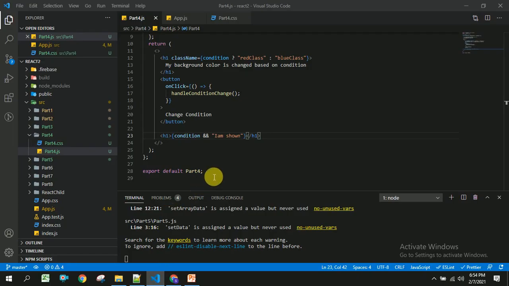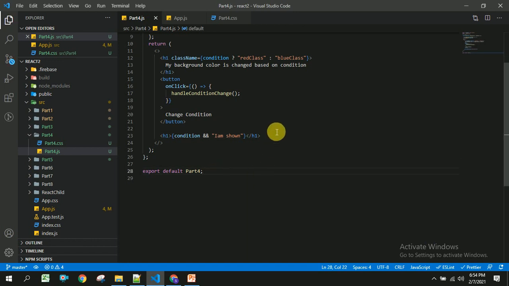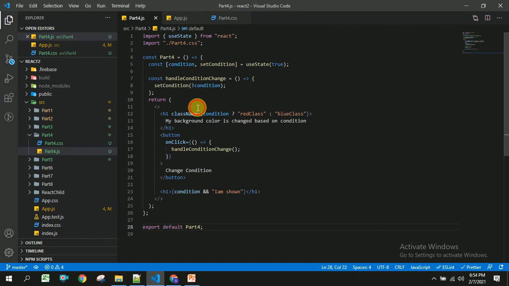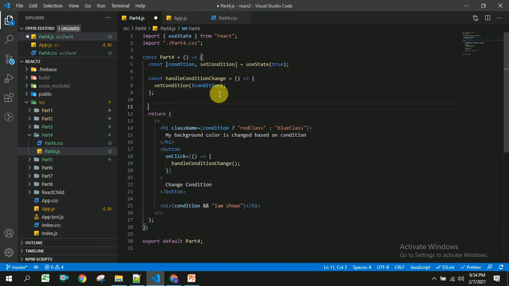And the next one is how to bind the data to the radio button and how to display the radio button to the user. For this, I am going to create an array for some data: const data, setData equal to useState of.